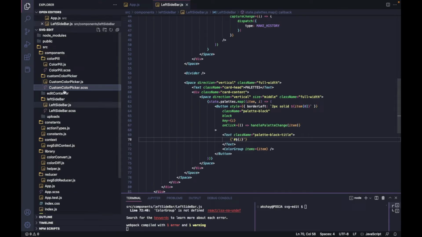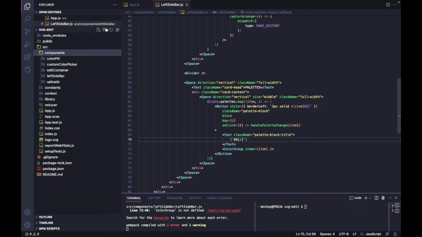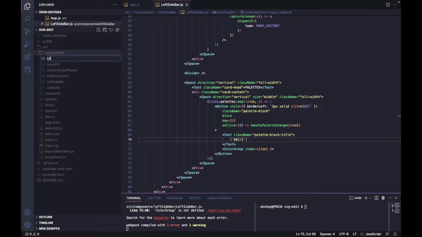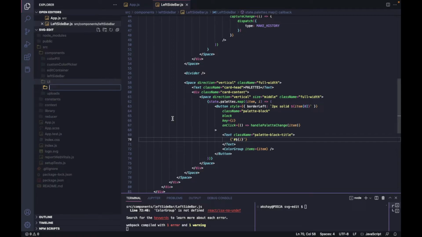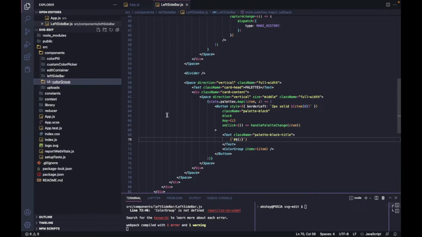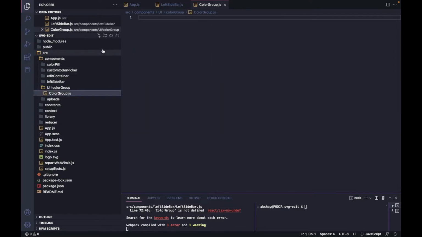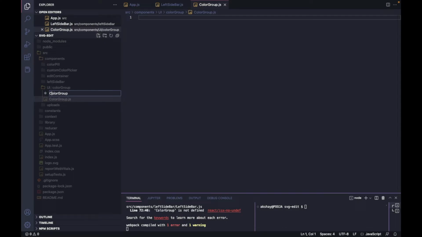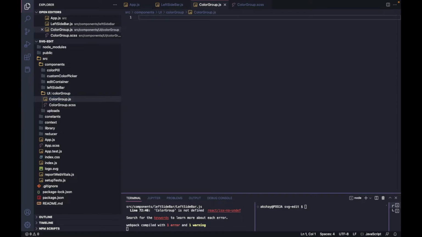So we'll go to the components, and here I will create a UI folder. Okay, inside UI I will just create a new folder that is color group. Okay, inside this I will create two files. One is color group.js and one is color group.scss. Okay, inside JS we can write const